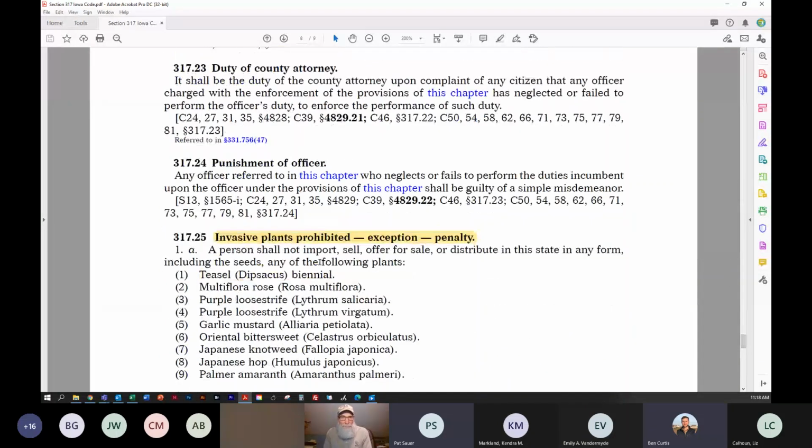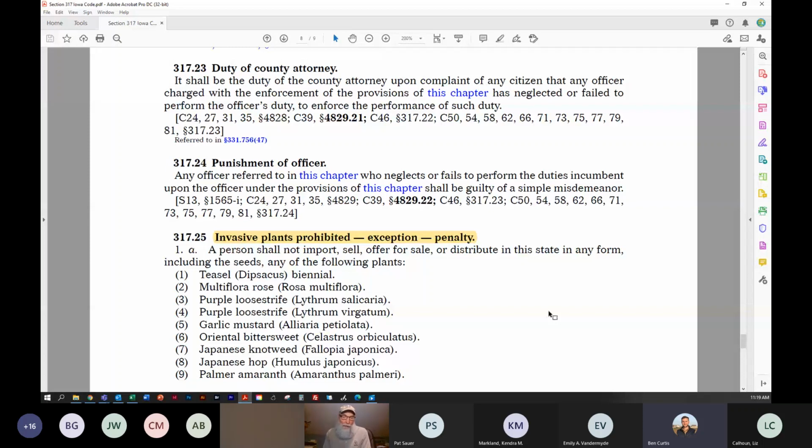each state typically has a reference to their code that lists weeds and invasive species, for those of you that are not aware of that. So we don't want to spend that much time on this, just to let you know that there is some basic information available, but as Tom will go through, not all those species that we consider weeds or invasives may be on this list. That's for sure. There are many more invasive species than what's listed here. There was that list at the end, as has been pointed out.